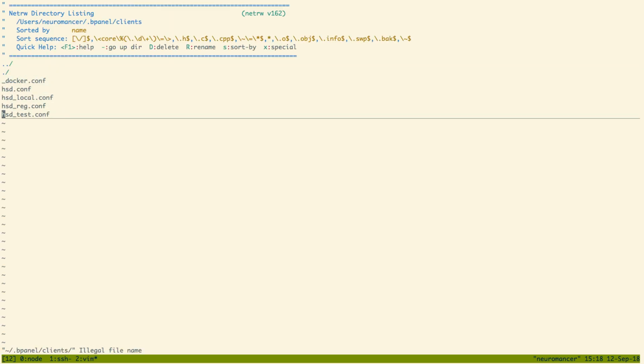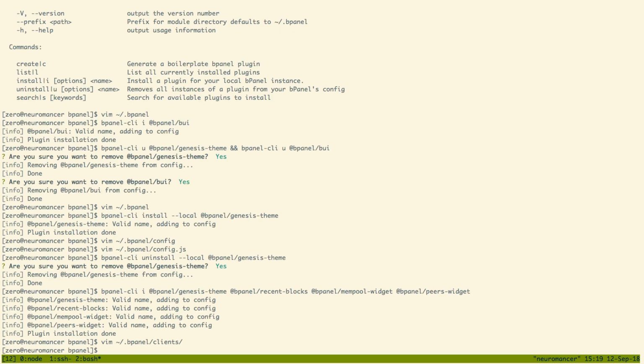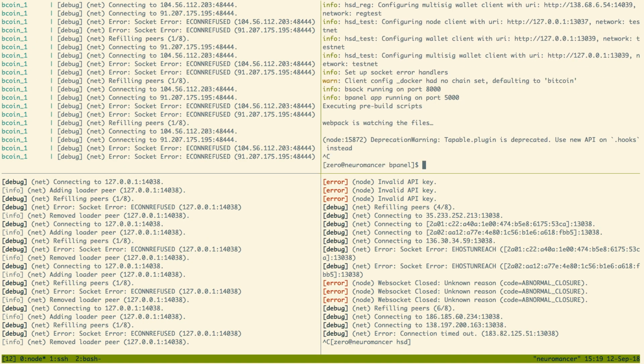So we have this, oh no, actually this is running locally. So this is an API key. It says this is a testnet node running on Handshake. That's all you need in this. So once you have your testnet node running locally, that's all you need. You start up the node running locally, you copy your API keys into here, and then I ran bPanel with